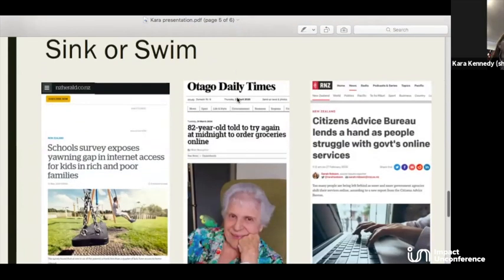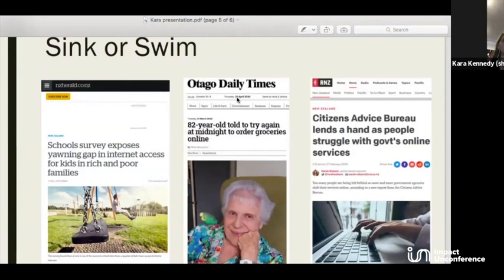You might have seen some of these articles recently about thousands of children who don't have internet access at home. Seniors are being told they need to shop for groceries online at all hours of the night to try to make it through. And Maori and Pacifica people are being disproportionately disadvantaged by government services that are being moved entirely online. So my take is we've got a formal education system that's not moving fast enough to address this adequately